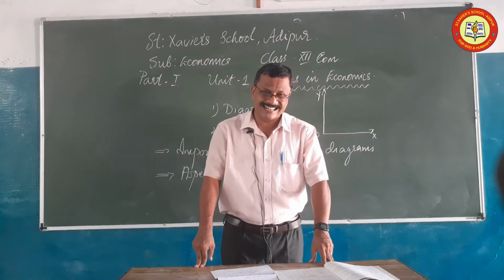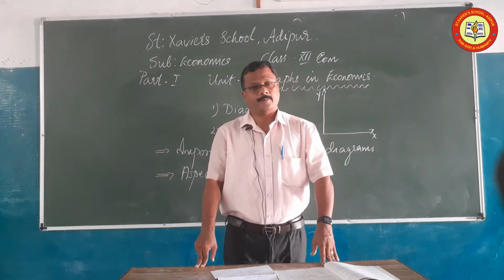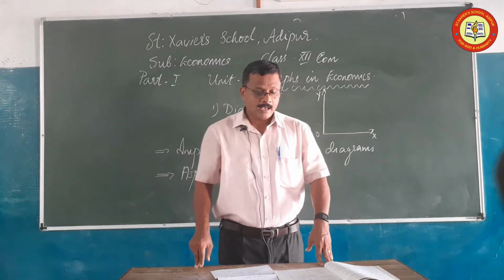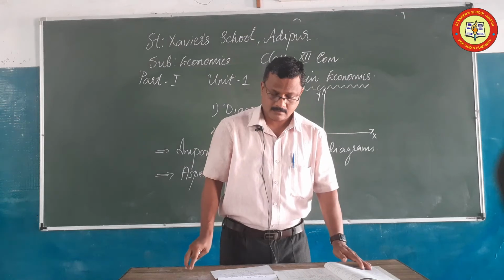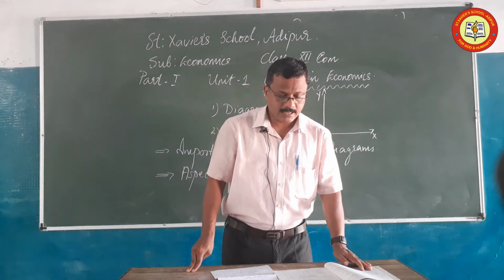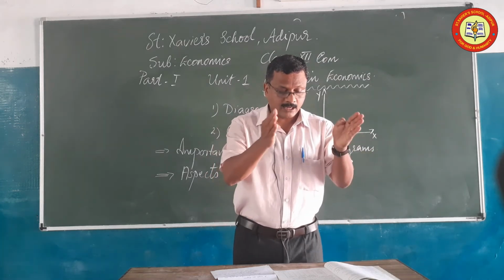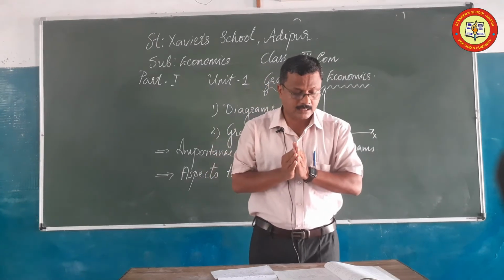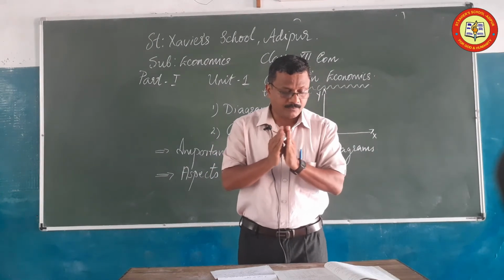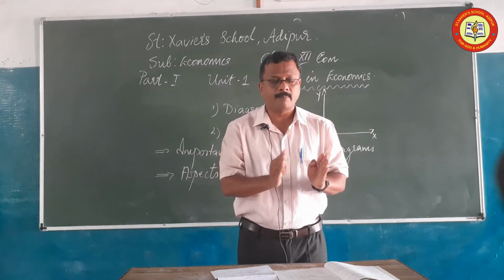So as to understand it in detail, you may have to take page number 5, table number 1.5. Let us explain. Please have a look at it, how it is drawn there. First of all, the diagram is drawn, with the X and Y axis. The graph is drawn there. In the table, the first column we can see months, and in the second column we can see sales in units. The months are January, February, March, April, May, June, July, August, September, October, November, December.